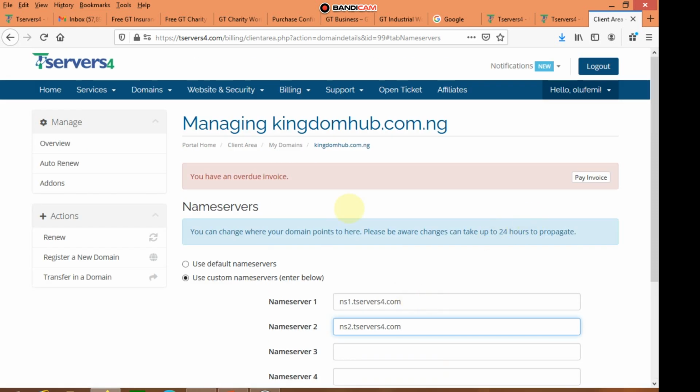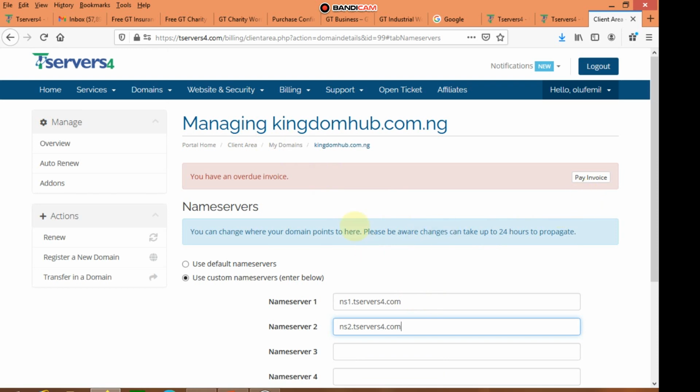And once you do that, it will automatically take effect. It may take 24 hours, but it may propagate fast. It may take less than 2, 3, 4 hours to propagate, even less than a minute, depending. It all depends on the condition at the moment, at the domain registrar's level, how fast they can respond to your request. But at least I know it won't take a whole day to have it propagated and functional. So that is all about that.